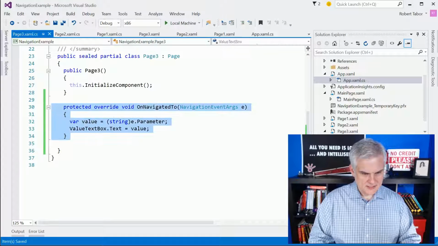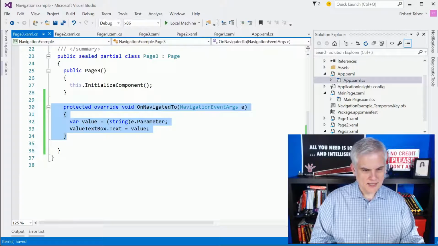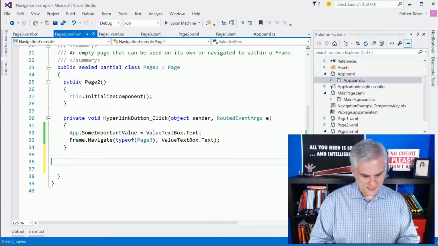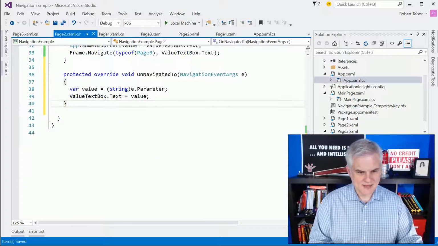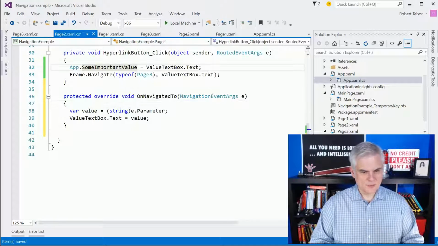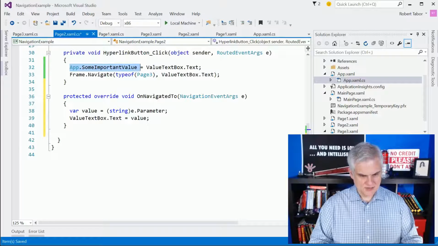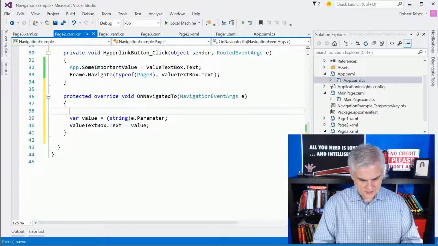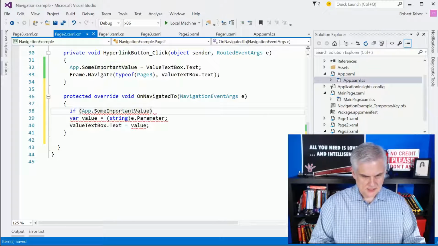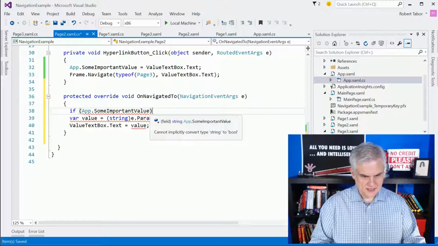I'm going to grab this override and put it back in page 2. All right. So on page 2 now, we're going to override the OnNavigatedTo, and if our some important value is not an empty string, so if it is not